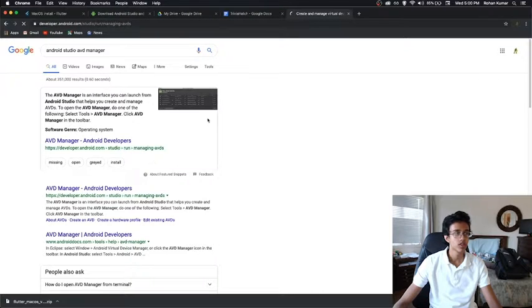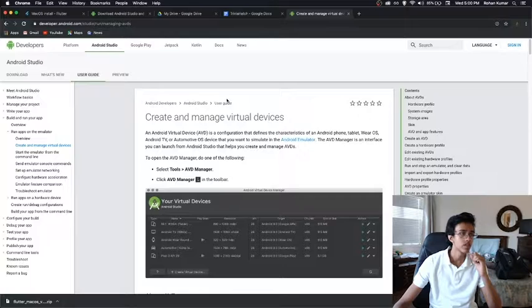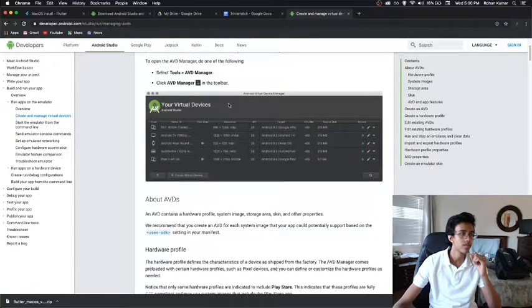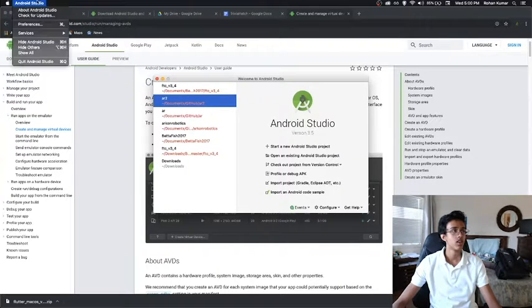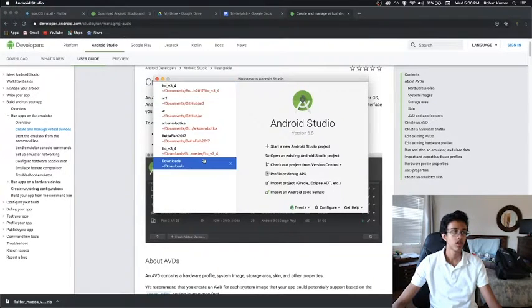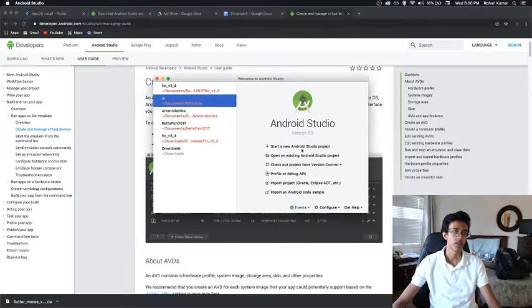So we go to the first link. Let's see. It says tools. Where the heck is tools? So we have to find the tools thing, but I don't see it. Do we have to open a project maybe? Let me just open a project. Get help. I need help. Okay, I probably have to make a creative project.